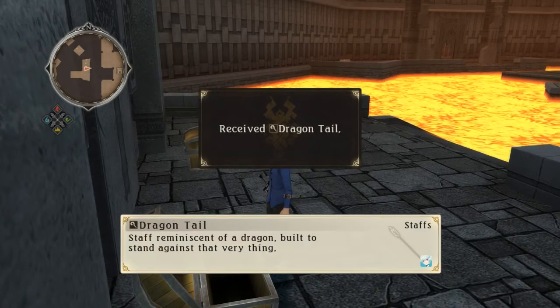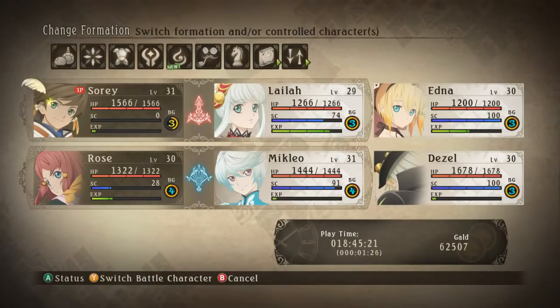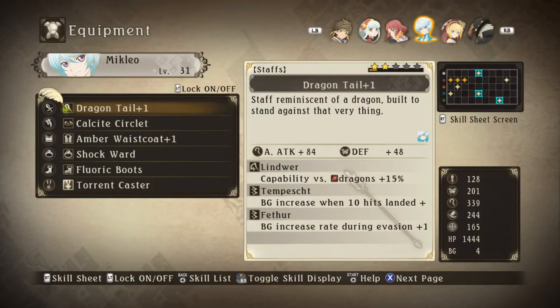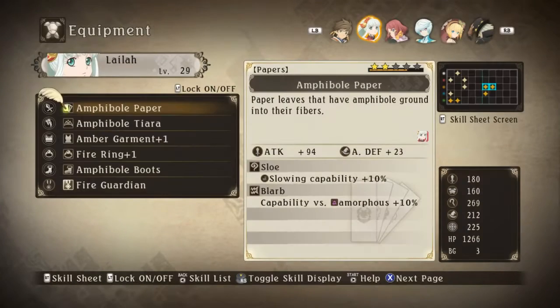Here we go, Dragon Tail, a staff for Mikleo, and Vellum. So we got new weapons for these two characters. The fact that they're hidden away makes me hope they're... Oh! It's the weapon he's already using. Alright. And you...